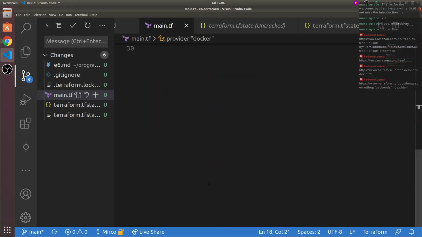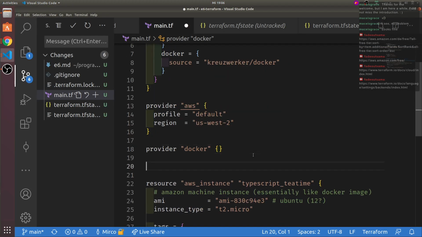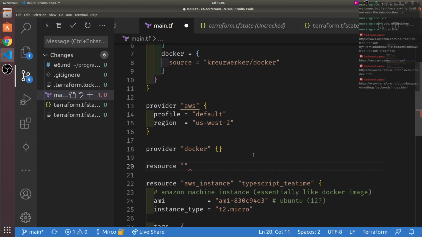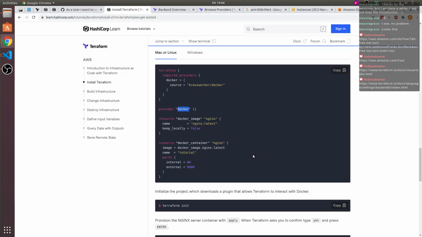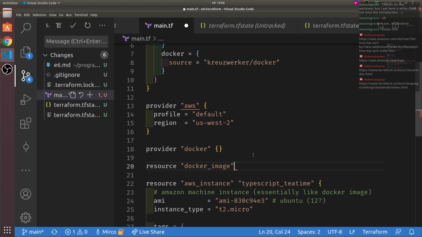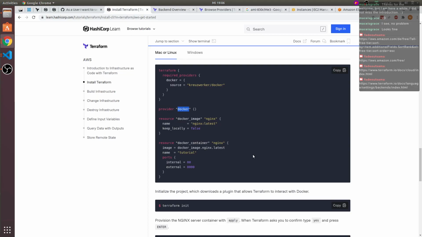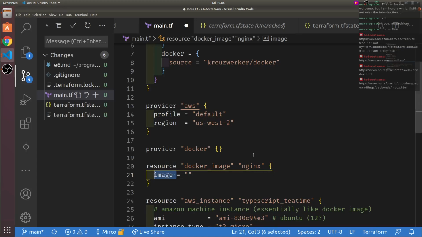And then we can define Docker resources, which is the Docker image. That's written correctly? Yeah. And what I want is to have nginx in here. I suppose it's image. Oh, it's name, okay. Name. nginx, I call it nginx because it's shorter.